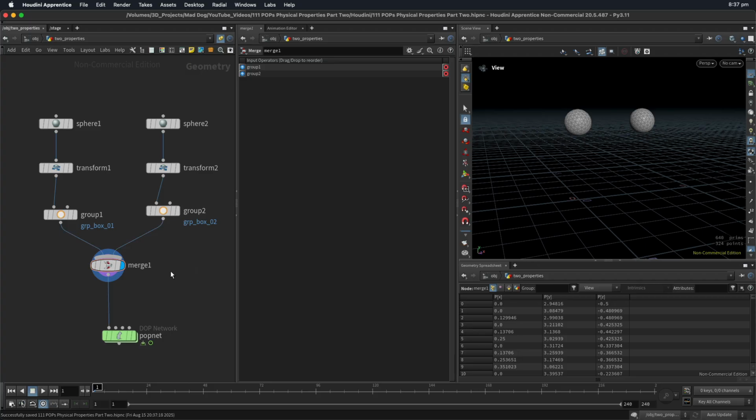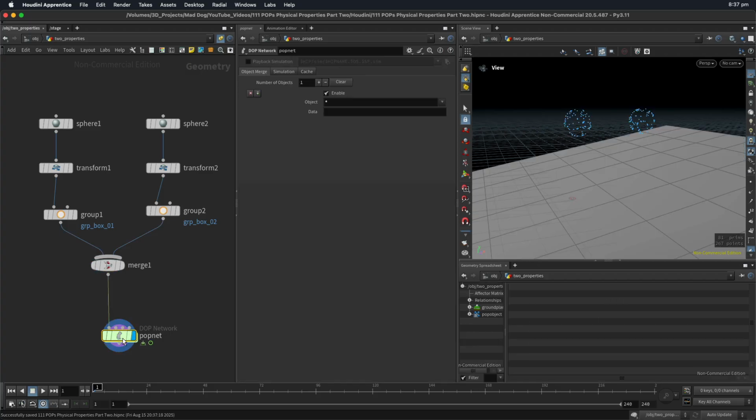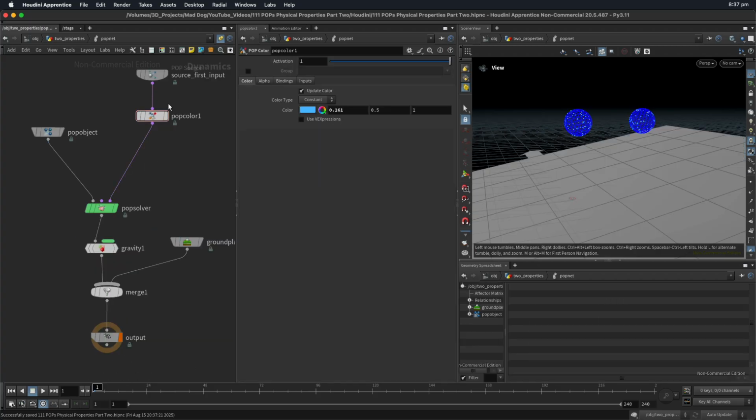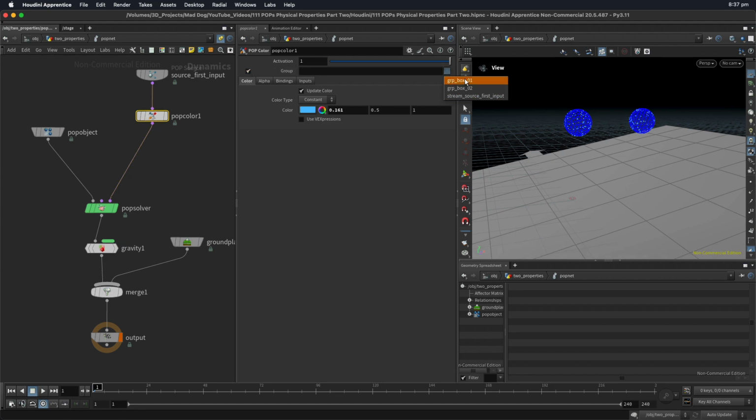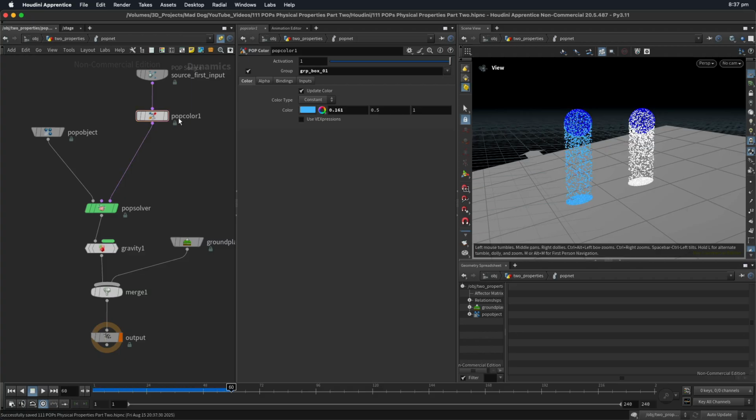All right, so let's try that now. It shouldn't have any difference at the moment, but I want to go to my pop, and I want to open this, and I want to now select box 1. Let's see what happens. Hey, now we've got something happening. We've got two different colors. Of course, this is white because it doesn't have any colors selected, so it's just using the default. So let me create